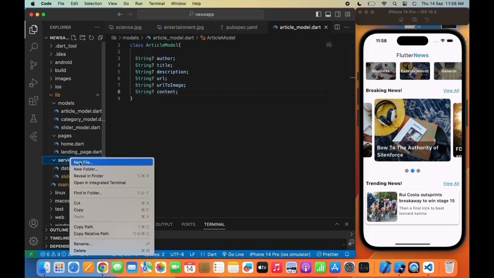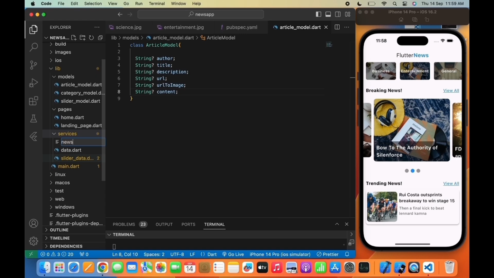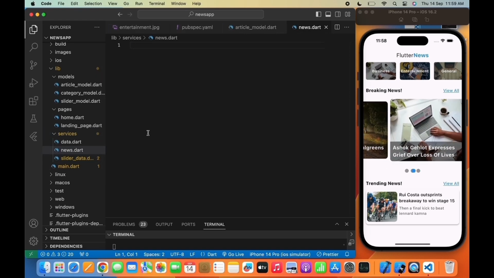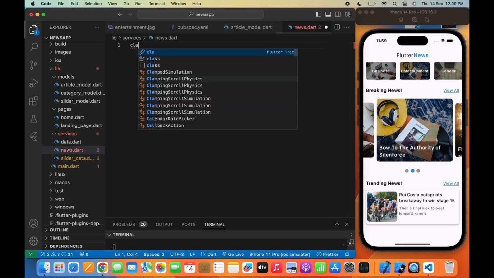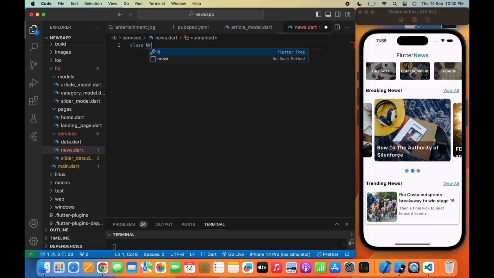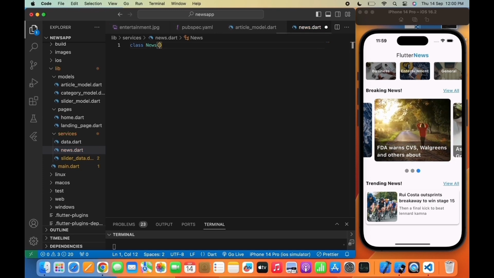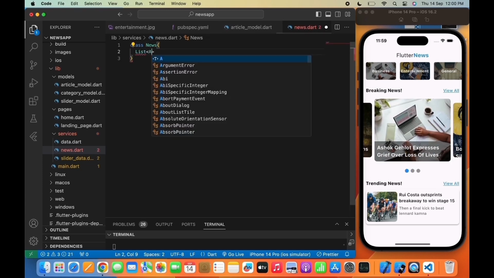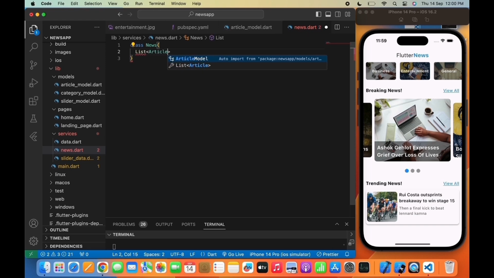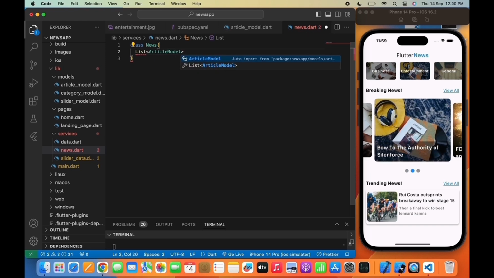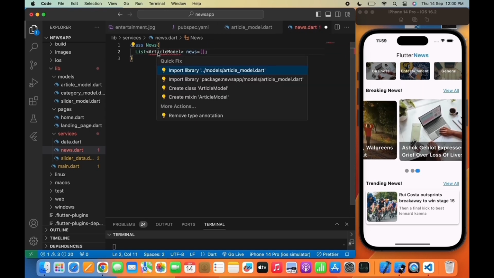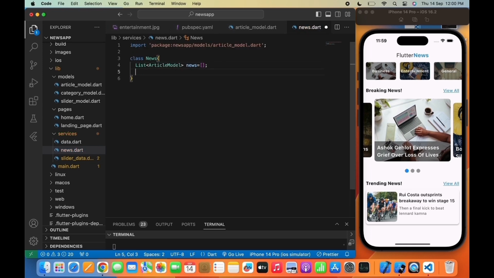So now let's move to the service folder again and we'll create a new file named news.dart here, and inside the news.dart file I will create a class named News here and will write a list named news where we will save all our news that we will get through the API. Now I will create a getNews function in the future